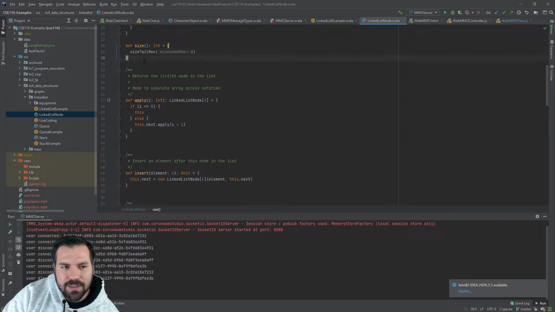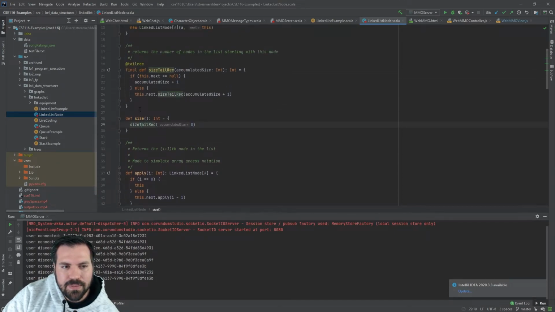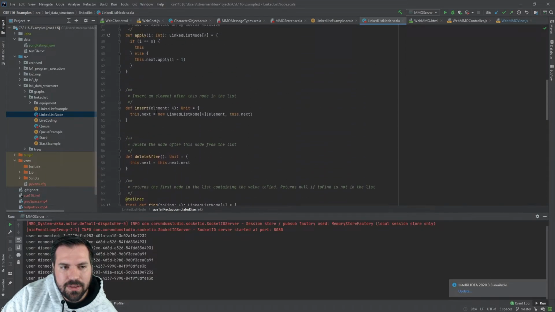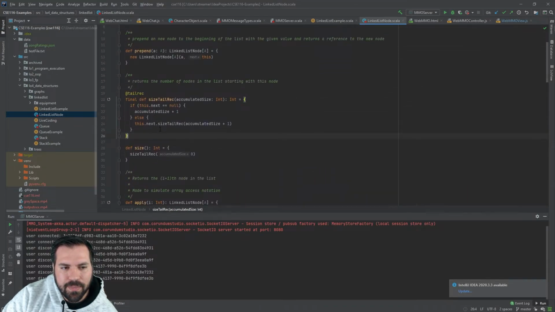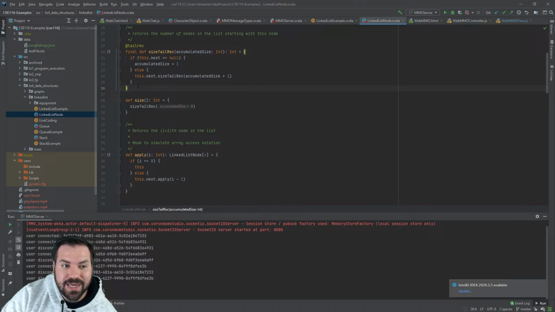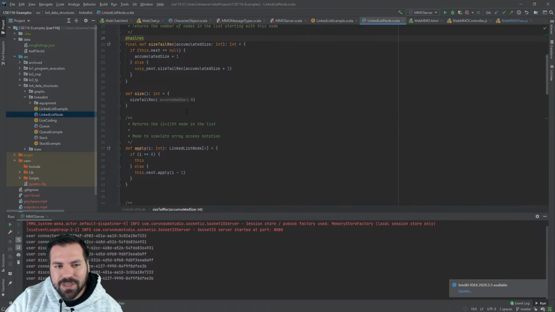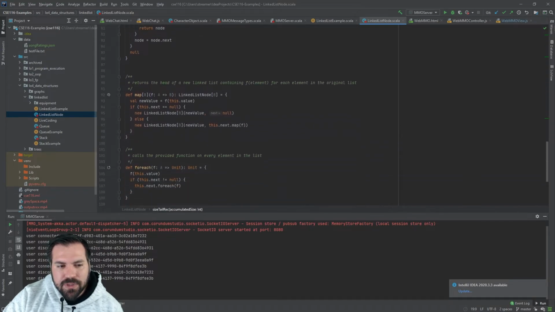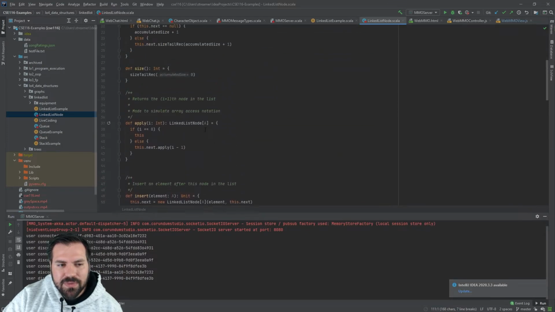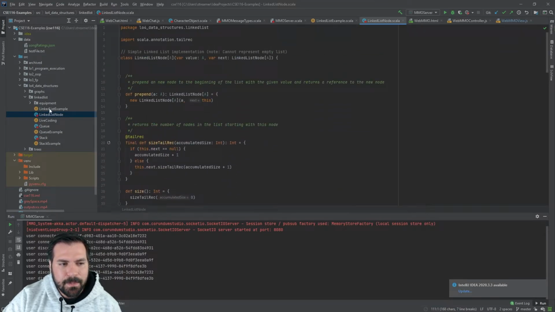Do I have the regular size in here? I only have the tail recursive version. Anyway, here's our size method. It's a little bit different than what you saw. I can explain this after lecture if somebody's interested in another recursion example. I wanted to use tail recursion here. And then the toString, which will be unaltered, along with a lot of other methods, some of which we'll see today, some of which we won't.